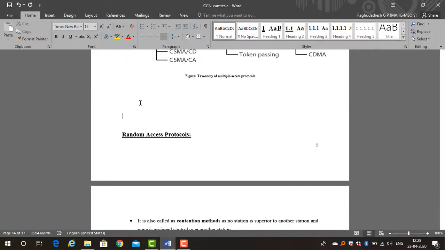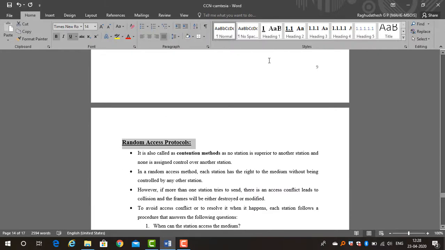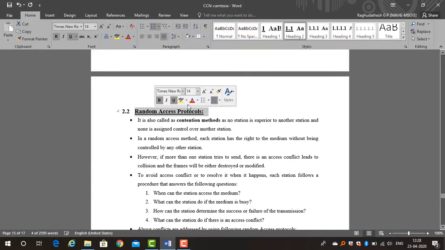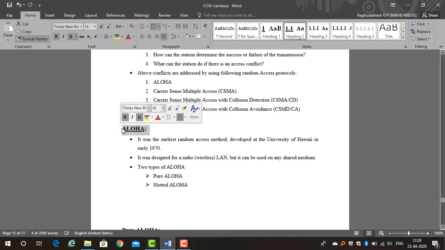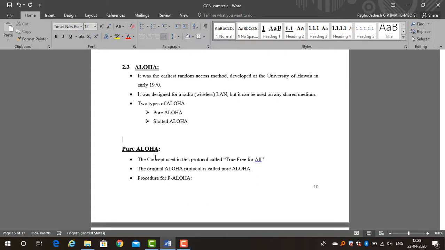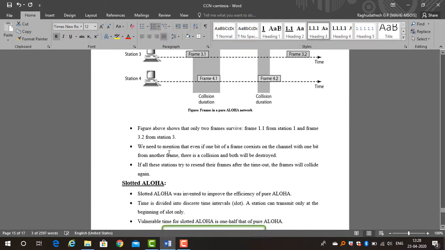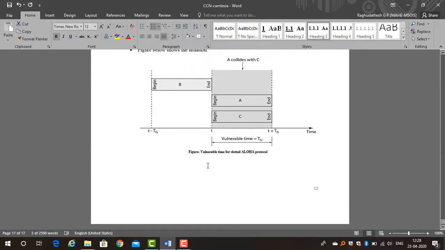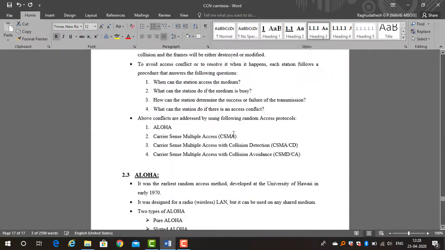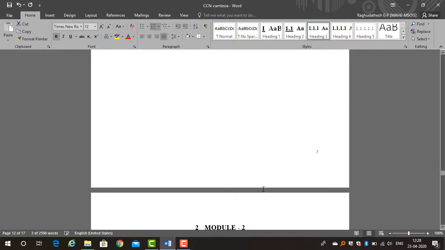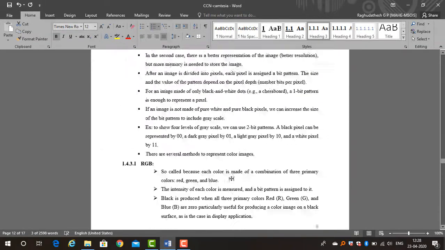And this one, random access protocol, is subsection heading. Just brush it or select from the style pane. In that, Aloha is also another entity. So 2.3. Pure Aloha and slotted Aloha come under 2.3. So I will select it as third level of heading, 2.3.1. This also 2.3.1. So in this way, guys, I have completed my assignment of numbering of the chapters as well as section and subsection headings.